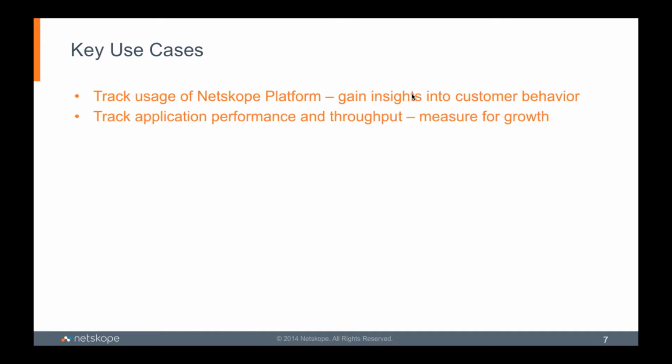The second use case was around application performance. I mean, we are running an application that large enterprises trust us to provide real-time security for their mission-critical applications. So we want to track application performance.